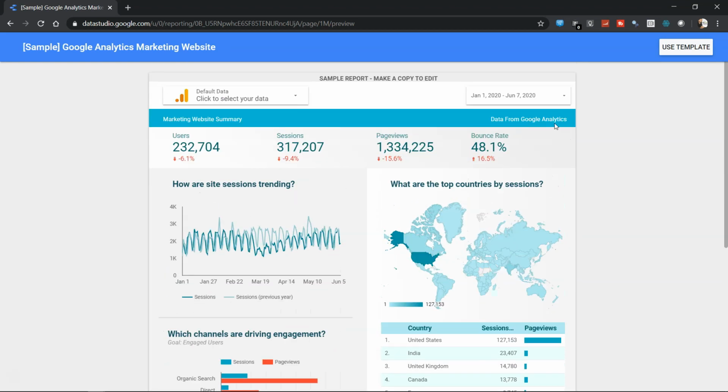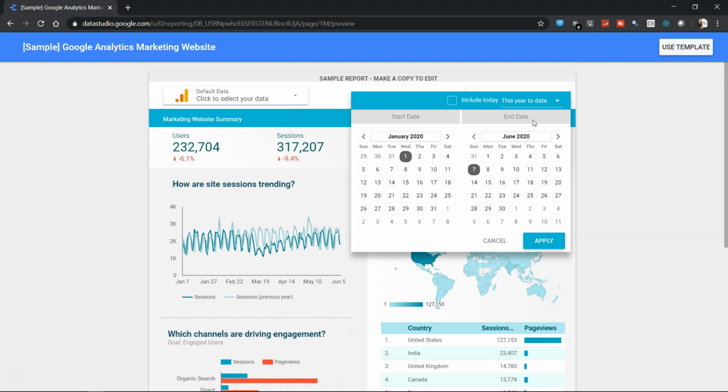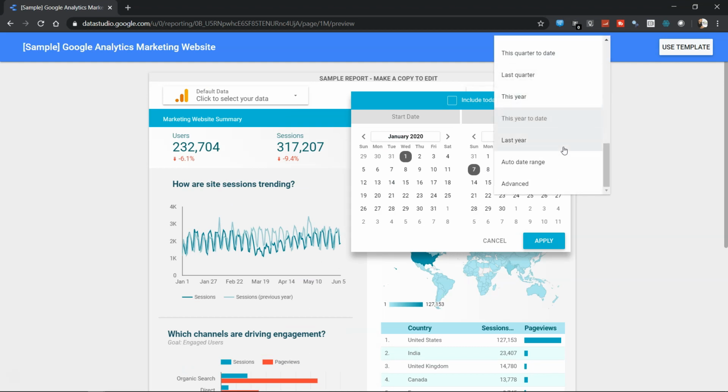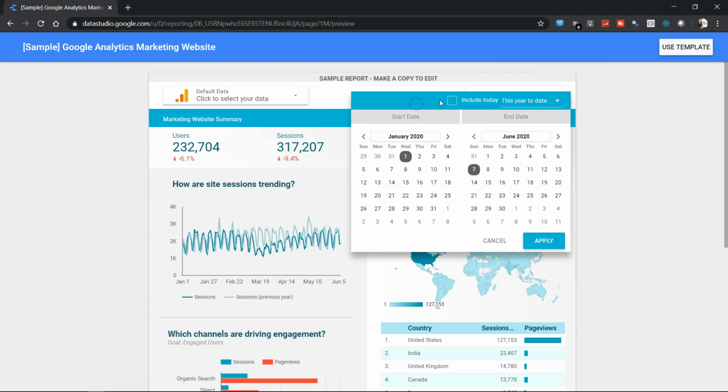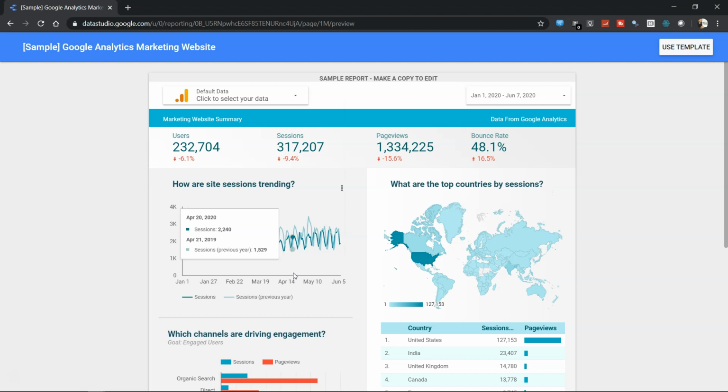And similarly, if you want any other period, either you can manually select or you can come over here and make sure that you are selecting whatever period you want. Apart from that, it gives you the option of include today. Include today generally is not included because your server is still processing the information. But if you want to include the information that has been processed so far, you can click on include today, which is then the 8th of June. You can click apply and come back. For now, I'll just click cancel and come out.